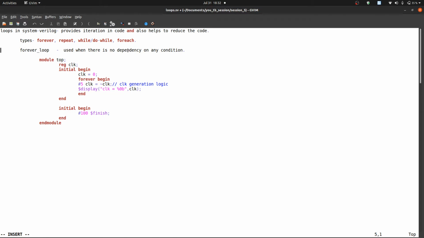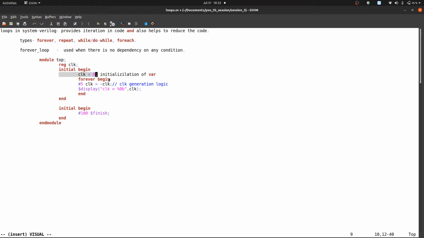The forever loop is used when there is no dependency on any condition. Say we have a module named top, and we take a variable named clock. After that, initial begin, and we initialize the variable clock to 0.